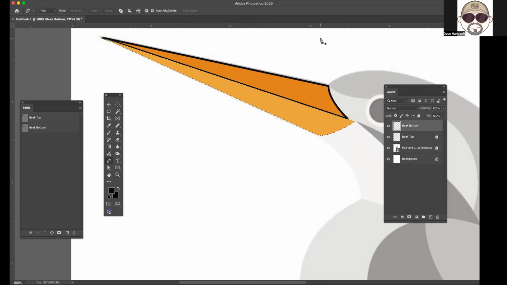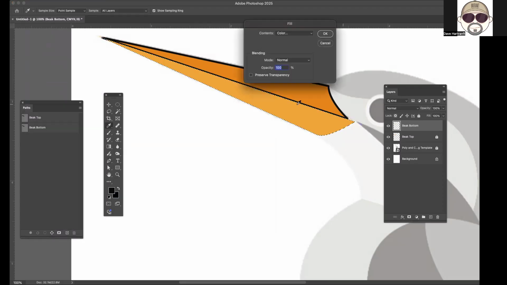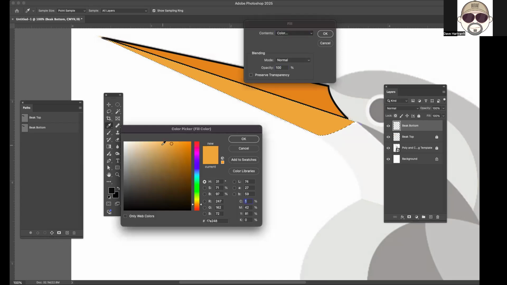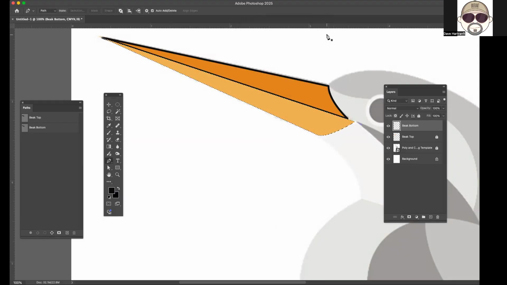Now, let's say we don't like that color. Okay, easy enough. You just go to edit, fill. While you still have the marching ants, go to color again, double click on color, and we can lighten that up even a little bit more by clicking there and then clicking OK, and that changes the color of the bottom of the beak. We made it a little bit lighter. Okay,